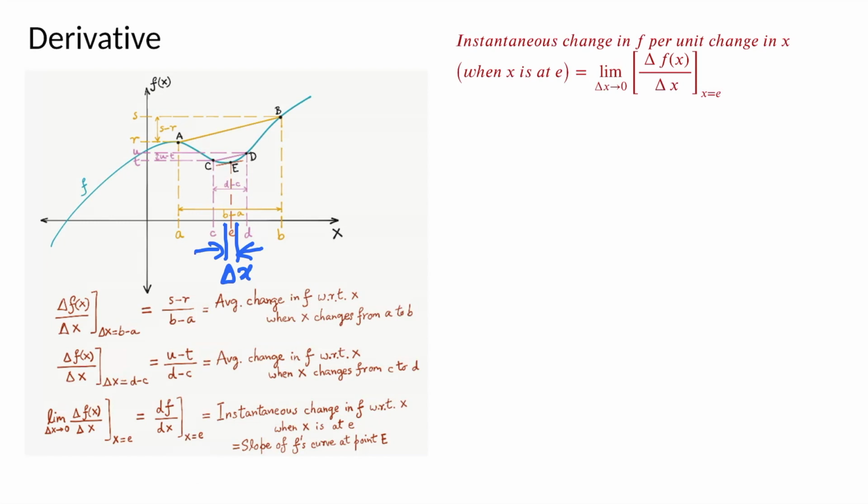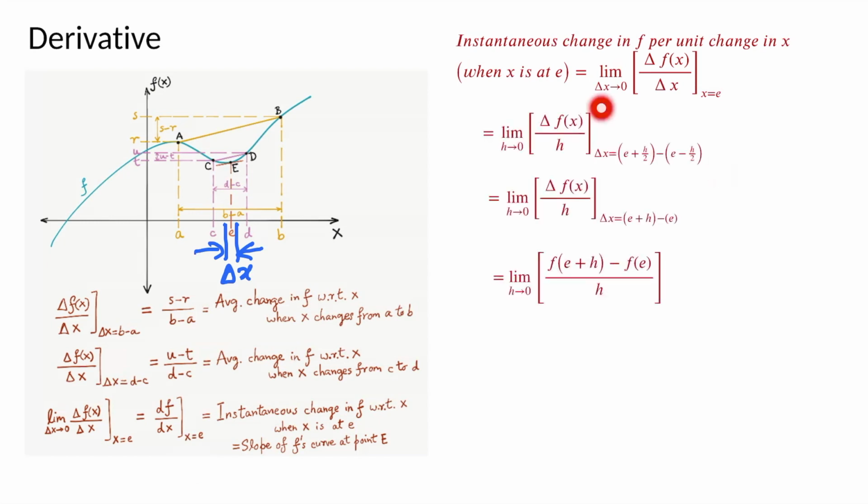Mathematically we express it like this. Look at this definition here. Think of a point E plus h by 2. This is a point slightly to the right of x equal to E. It could represent this point here, and think of a point slightly to the left of E, that is E minus h by 2. This could be the point here. So, the gap between these two points is delta x, which would be h, because we are h by 2 on either side of E. So, the total increment is h that we are talking about.